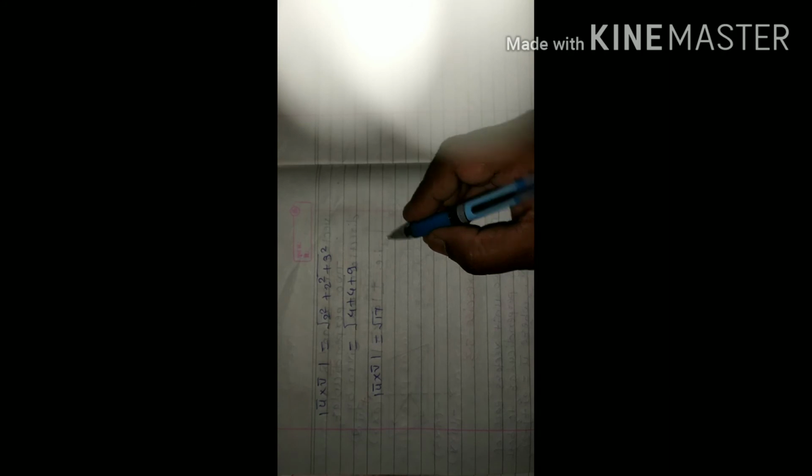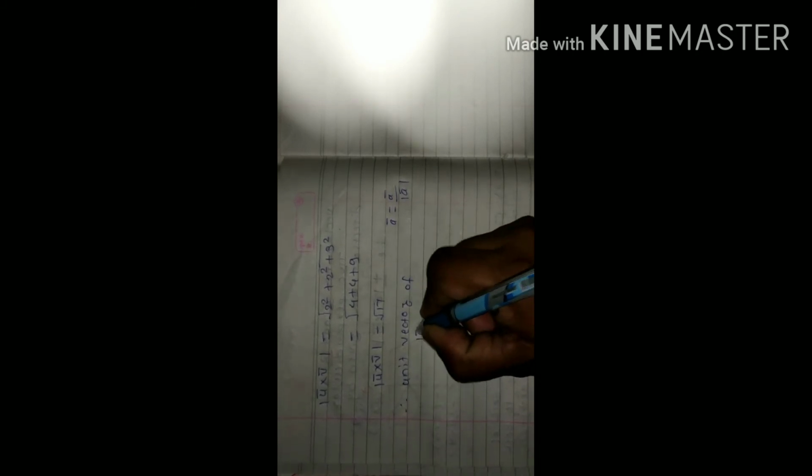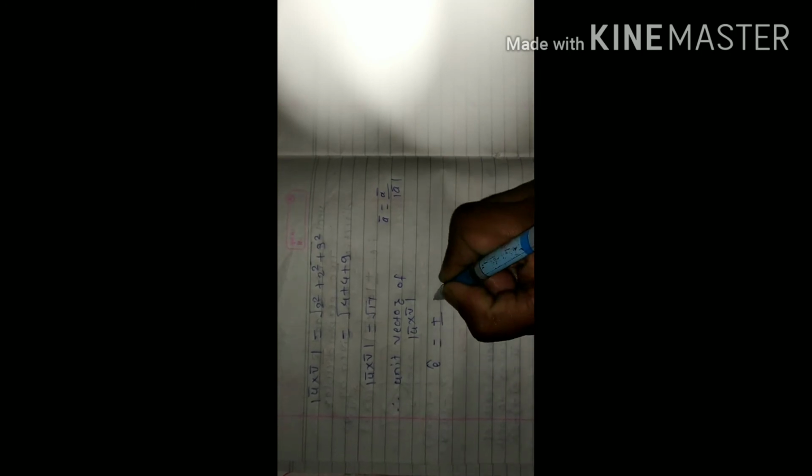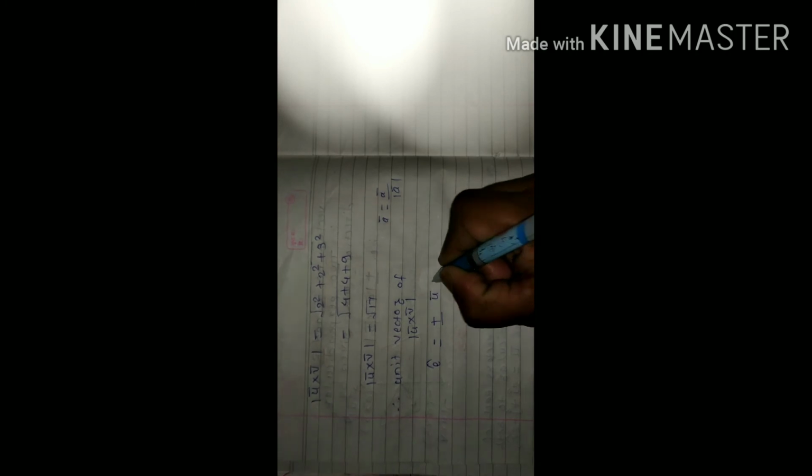Unit vector. We know the unit vector formula: suppose we take any vector a bar, its unit vector is a bar divided by the modulus of a bar. We use it here and put in the values. Therefore, the unit vector, suppose we denote it e cap, is equal to plus or minus u bar cross phi bar divided by the modulus of u bar cross phi bar.